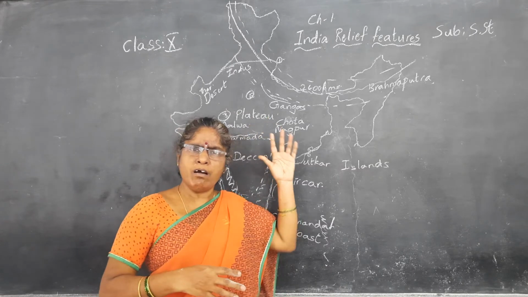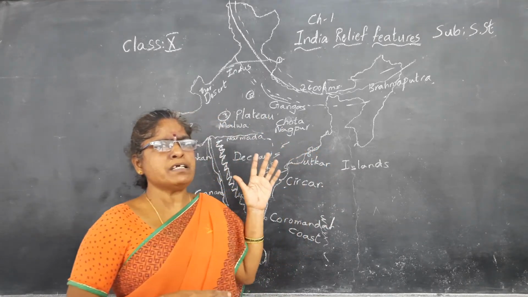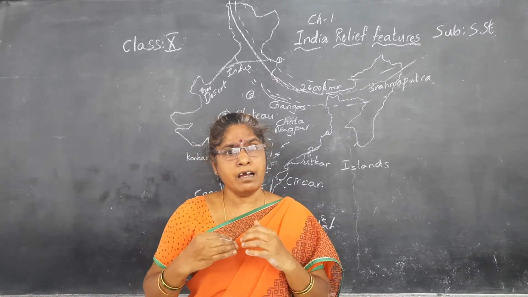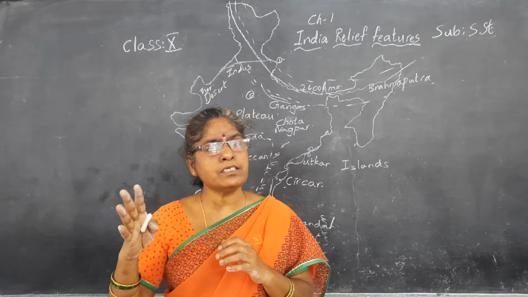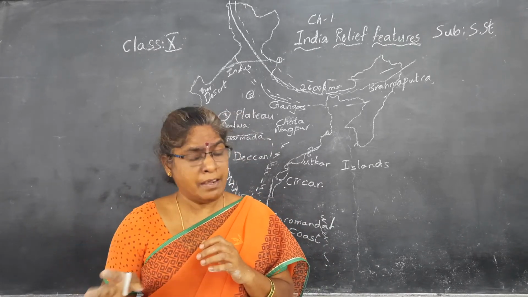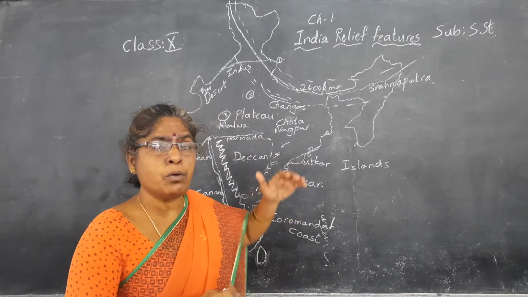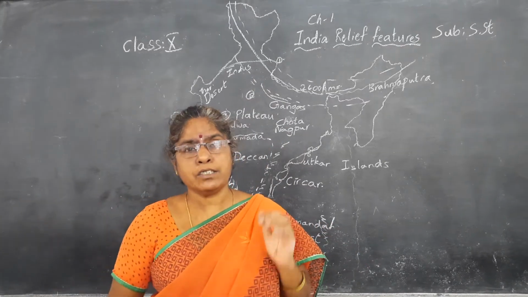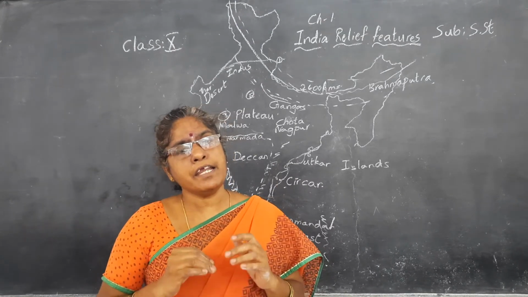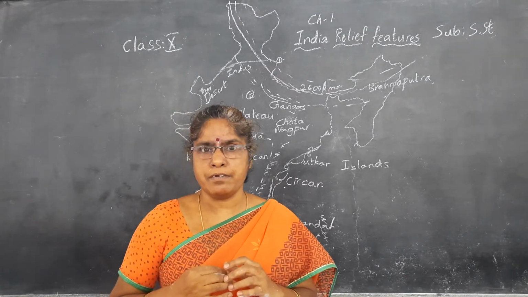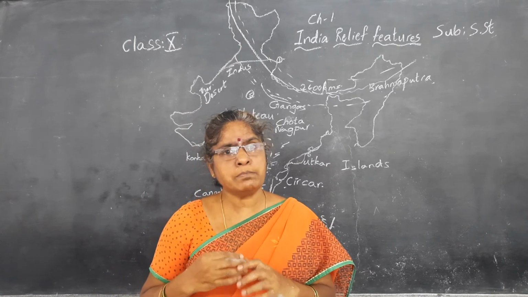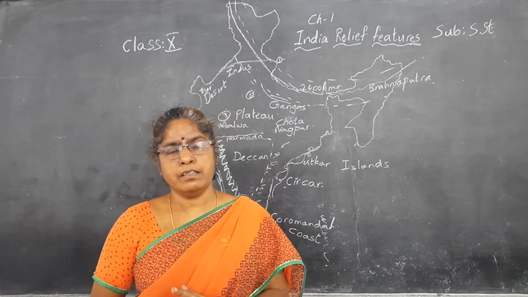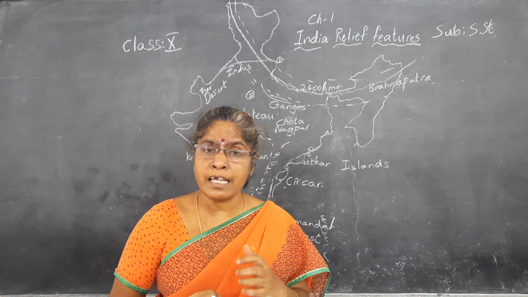By knowing all these physiographic and relief features of India, what we understood is that India is a land of diversity. We observe so many climatic differences and variations, which we observe in a continent. That's why we call India a subcontinent. Whatever concepts we observe on a continental scale, we observe in one country. That's why India is a subcontinent.